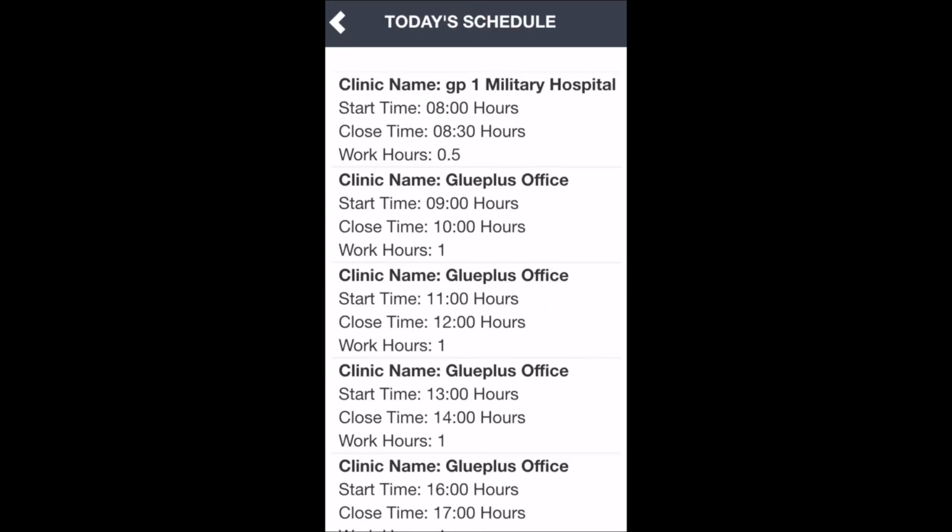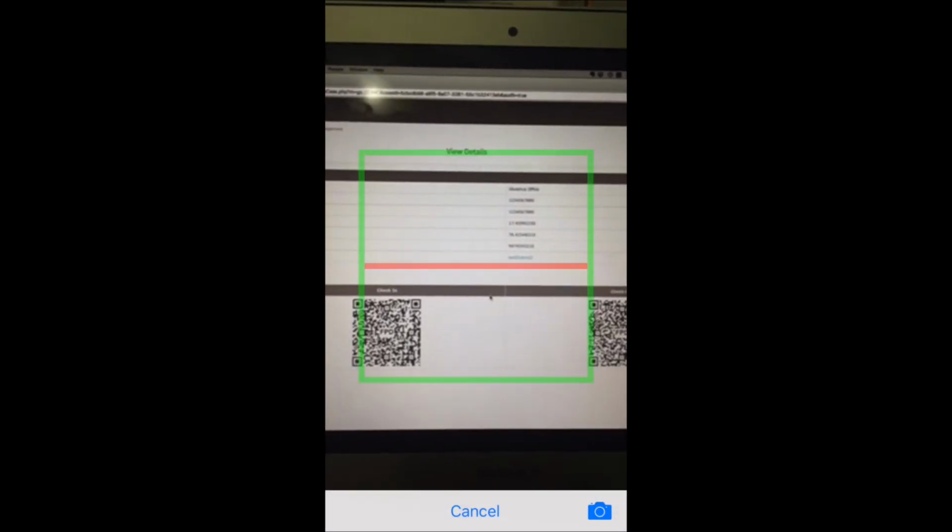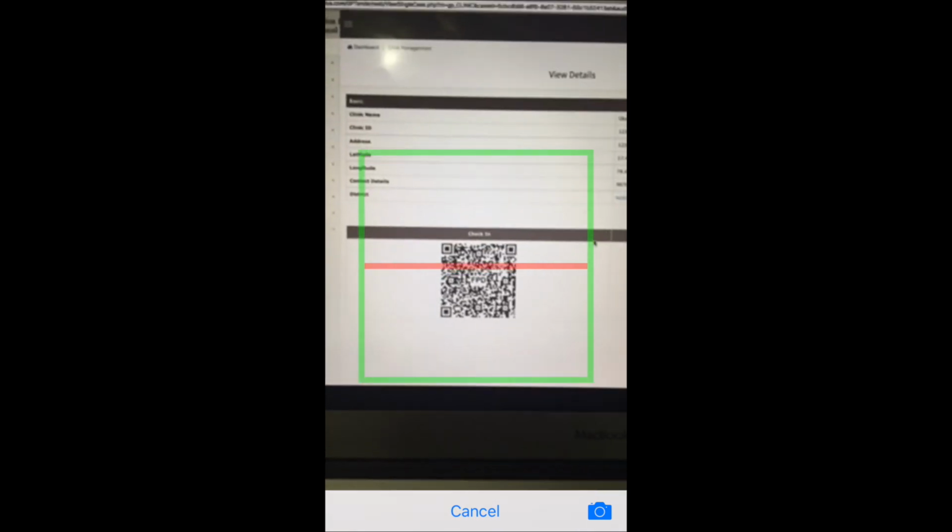Now let's see what if there's no internet. We've designed an elegant backup, checking in and checking out using a unique QR code that the clinic administrator holds. The mobile app itself is designed with an inbuilt QR code scanner. So if you don't have internet, go to your clinic administrator, click on check-in, select the schedule, the scanner will automatically appear.